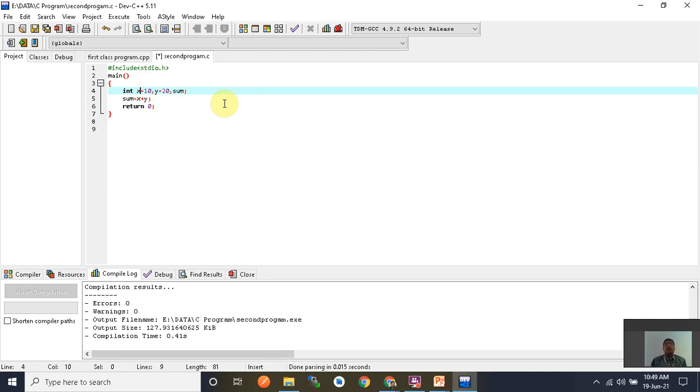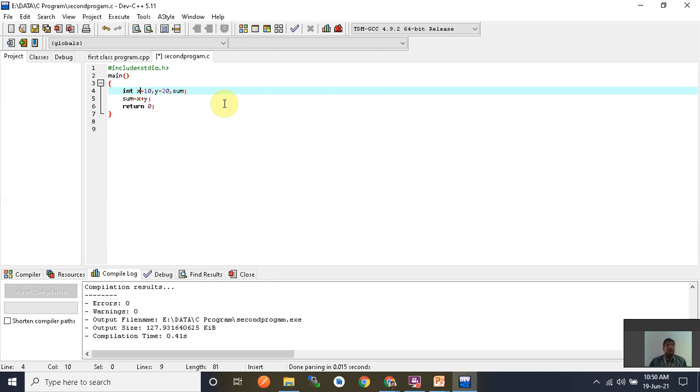Declaration means when you create the variable and allocate the memory in RAM. Initialization means when you give the first value to that variable. So here for x and y, declaration and initialization are performed together. But for sum, only declaration is performed, and initialization for sum is performed in the second line.